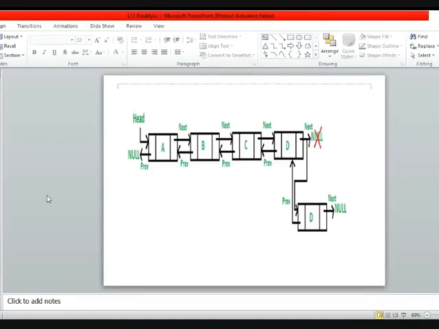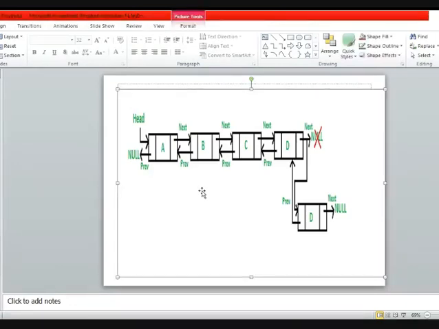Okay, so let's go back to the example we were looking at. A, B, C, D are four nodes in the existing list, and you need to insert a new node. Let's suppose the value of this node is E. The value written here is incorrect. So the value is E, and you need to insert this node after the already stored node, that is D. Because in this doubly linked list you are maintaining two pointers, head as well as last. So when you have the address of the last node, you can easily insert after that given node. Okay, so